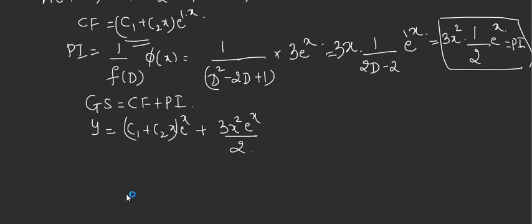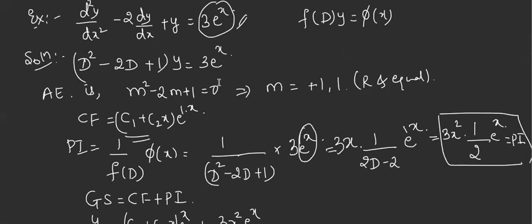One more thing, this function you have, it should be kept here only till you get rid of all the D's. Don't keep it here. That will be a slightly wrong procedure. See, I shifted my 3 here, but I am still keeping my exponential here. Follow this procedure. Now count the number of arbitrary constants here. 2, C1 and C2.